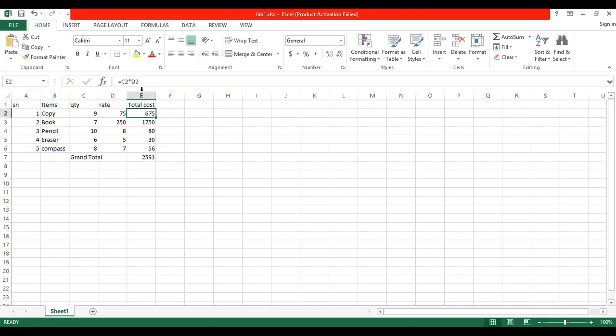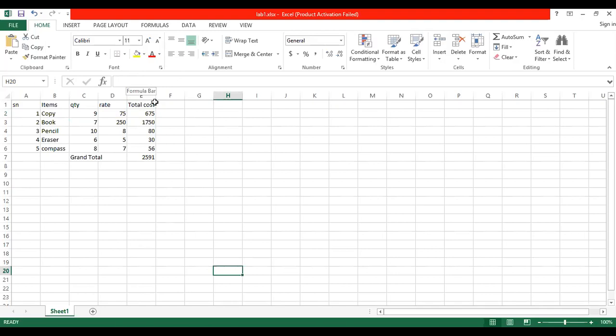Now you have the formula bar. This is called what? Formula bar. Beside the fx, you write the formula here. So a bar where we insert the formula for calculation is called a formula bar. You can insert the formula in the formula bar or in the required cell. In both places you can insert the formula, but it will be easier in the formula bar because you can write a long formula here. That's why you use the formula bar to insert the formula.